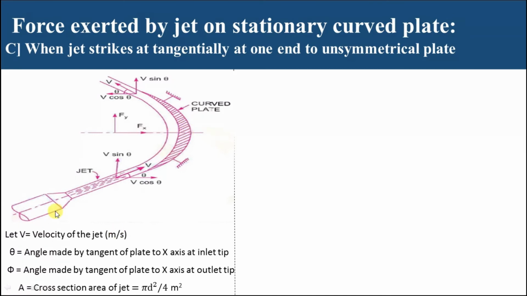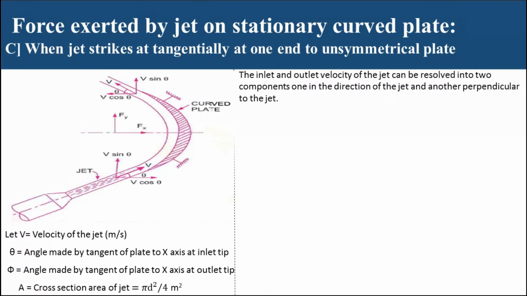Similarly, if you draw a tangent at the outlet tip, it makes an angle phi with the x direction. So phi is the angle made by the jet with the x-axis at the outlet tip. That means at the inlet tip the tangent makes an angle theta, and at the outlet the tangent makes an angle phi with the x-axis. Let the cross-section area equal pi by 4 d square, where d is the diameter of the jet. So we will apply our